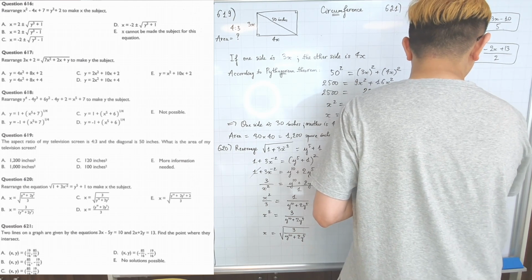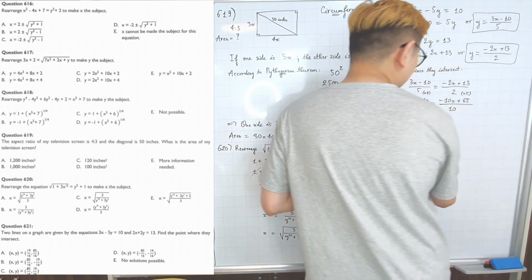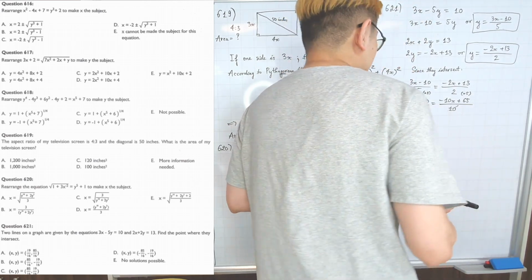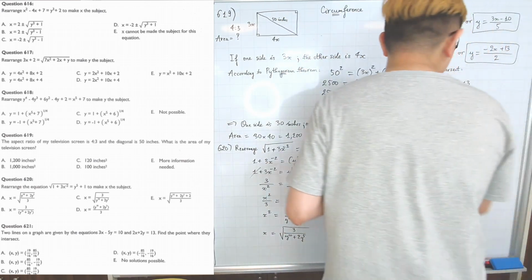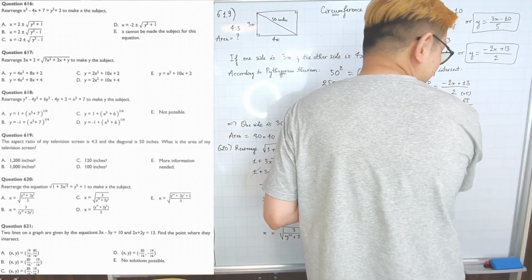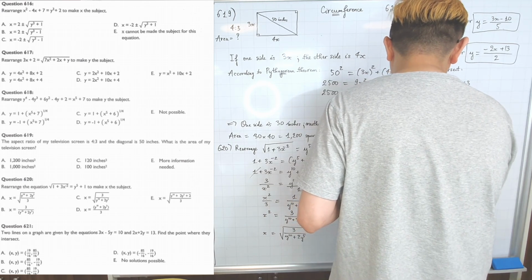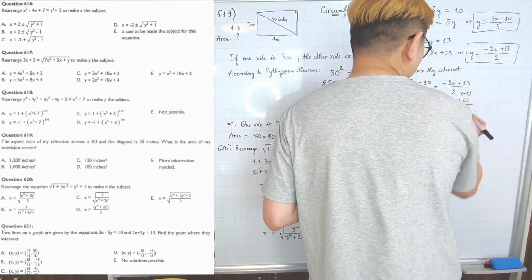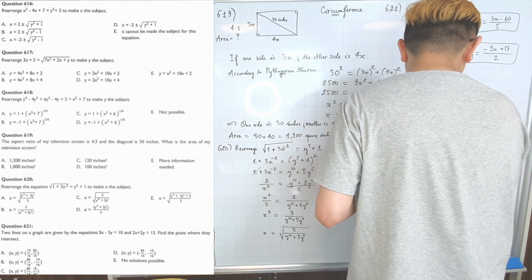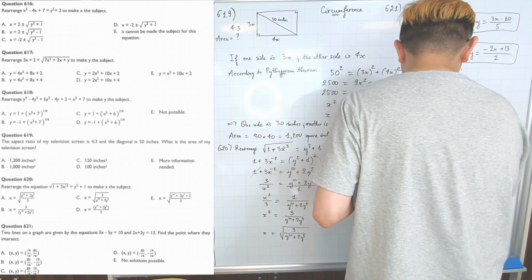Yeah, 65. And then the 10 on both sides you can just eliminate. Move x to the left side: 6 plus 10 is going to be 16x. And then 20 moves here, becomes plus 20. 65 plus 20 is going to be 85. So x equals